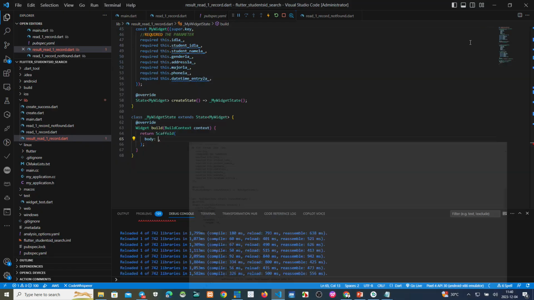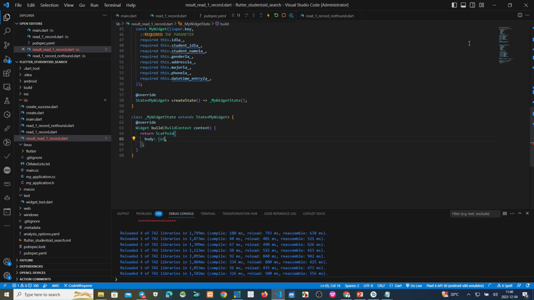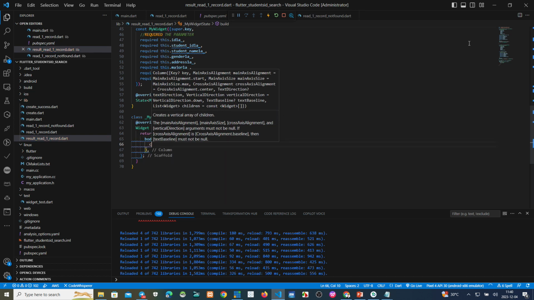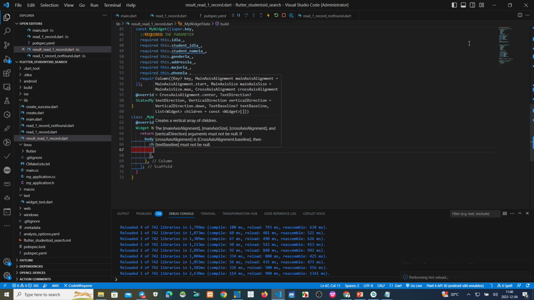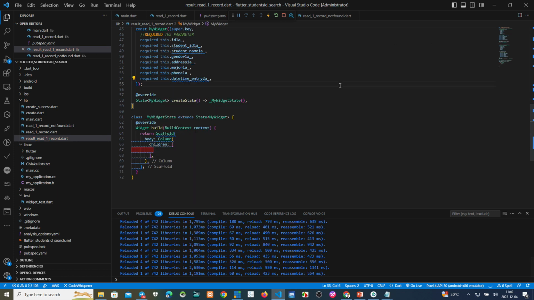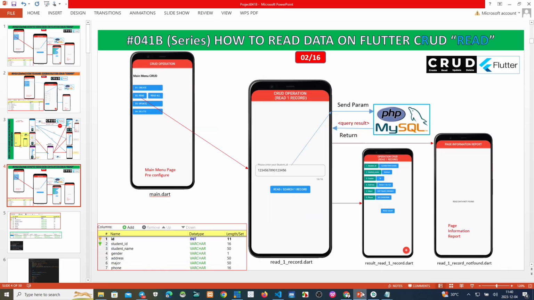We make one column, and then this one children. Now we make this one by one.